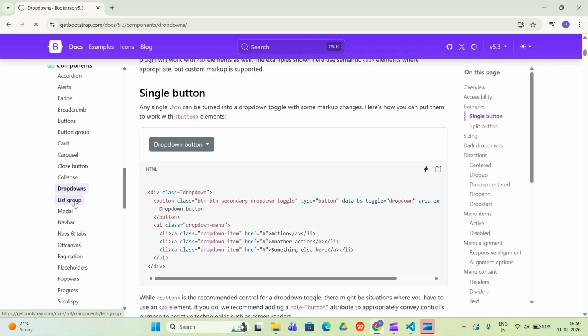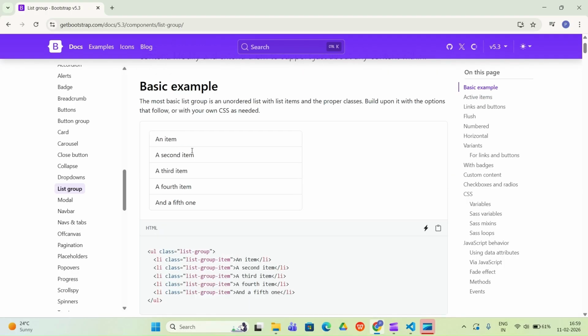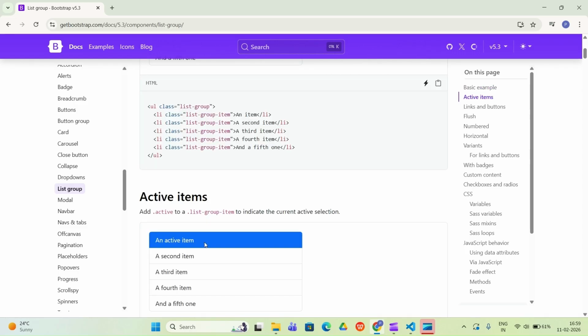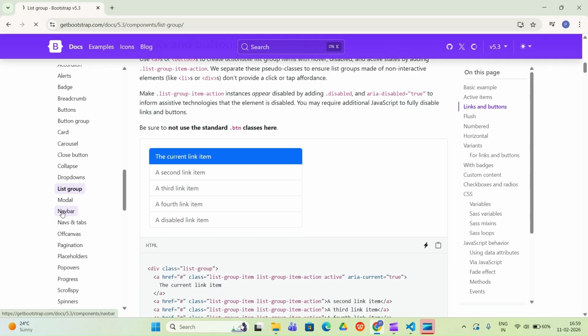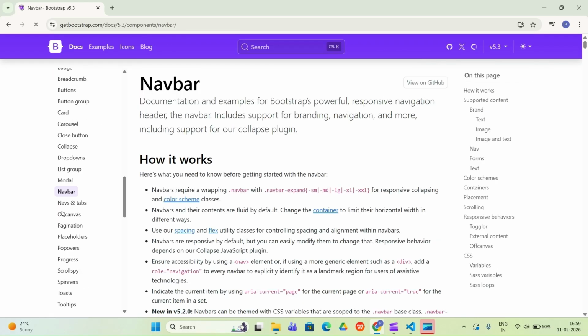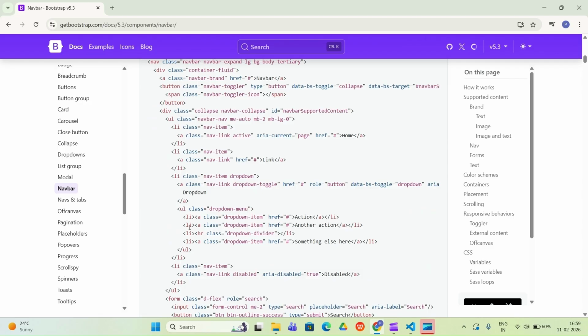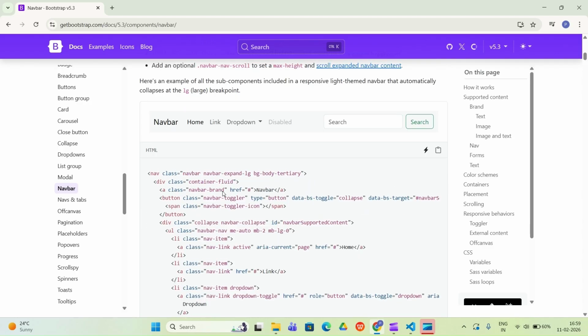Then we have something called list group. If you want to give a list of things, then you can use these in your project. Then we have something useful called navbar. Navbar is quite useful in your project. Like you all have to make a navbar, so you can just take the code from here. This is the whole code for your navbar.